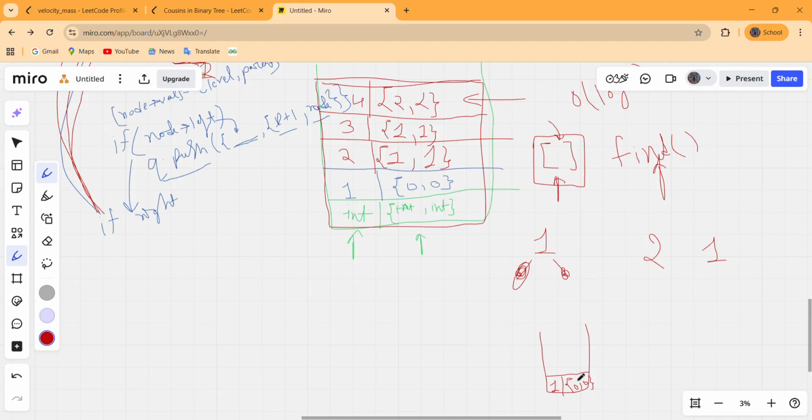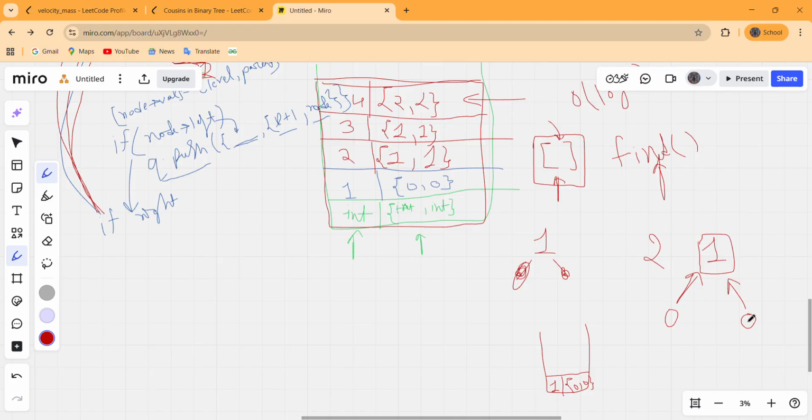Because this one is the only node, if we try to access the level or the parent of this one, we find that the level of this one is 0, parent of this one is 0